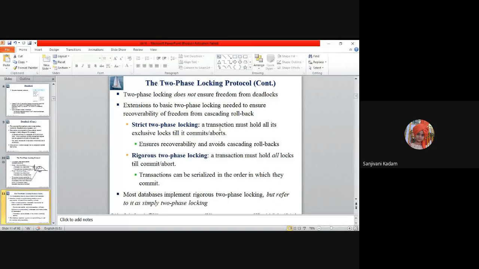Strict two-phase locking says that whatever exclusive locks you hold, you must hold until your transaction commits or aborts. In case of strict two-phase locking, it ensures that a transaction must hold all its exclusive locks until it reaches a commit or abort statement. It means that, as in the last example we have seen,